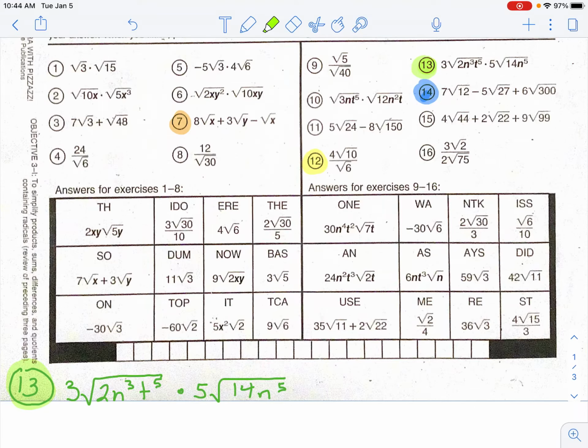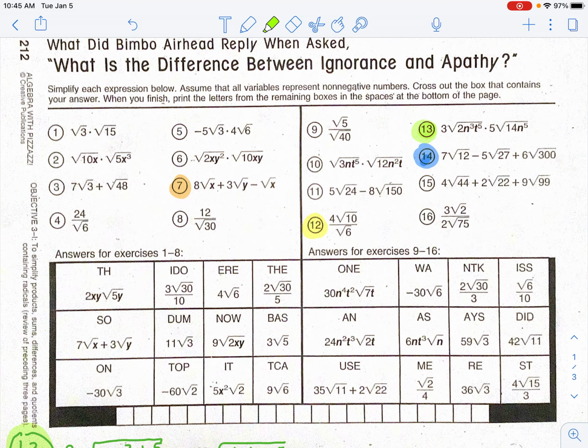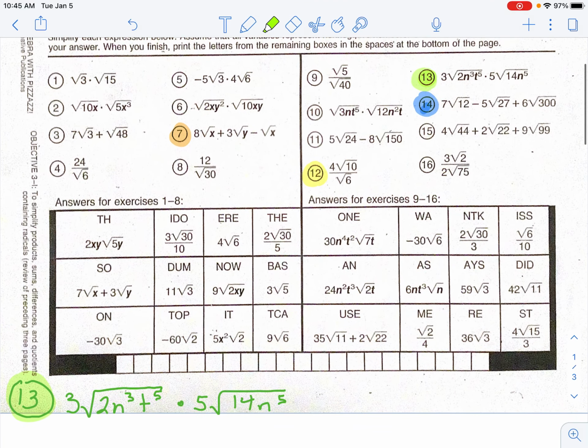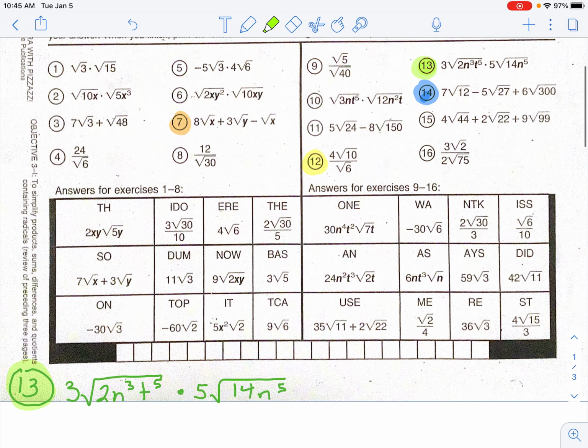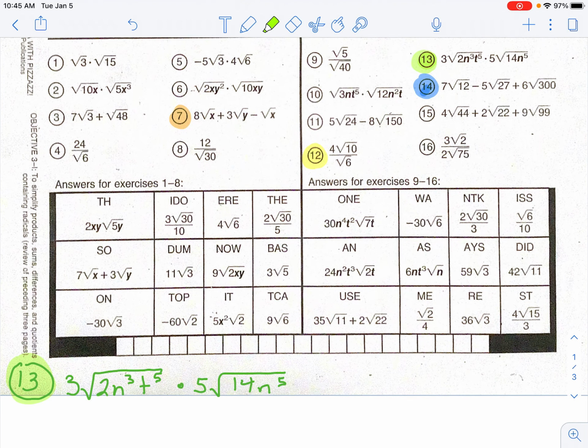More simplifying radicals. The first problem we're going to do on this worksheet, which is part of your homework, is to review what we worked on with simplifying yesterday, and that is question number 13. So when we multiply radicals together, we need to remember that all of these things are multiplied,